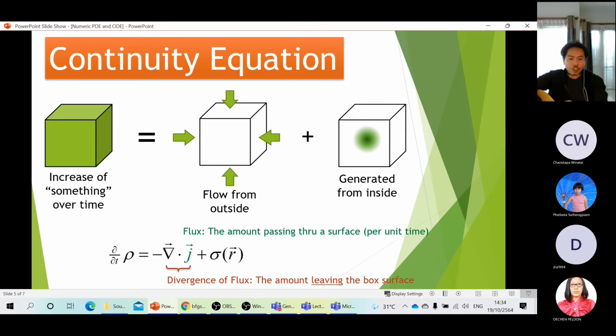What about the last term that we have? The last term is simply a function of generation rate. Sometimes things don't have to come from outside, but are also produced by the box, the thing inside the box. Let me give you an example. This very vivid example: suppose I'm sitting here, and I detect an increase of something.